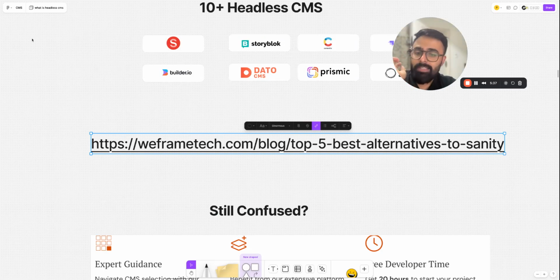But here's the thing, as an agency, we're not married to a single platform. We've learned that Sanity doesn't fit every situation, though it's a fantastic tool. Sometimes the pricing doesn't make sense, sometimes the team needs different features, sometimes the project requirements call for a very different approach. So we want to openly discuss all of these things and those alternatives that can actually